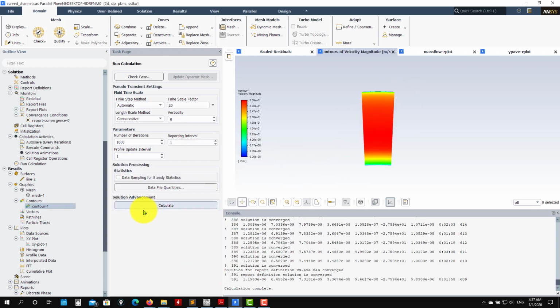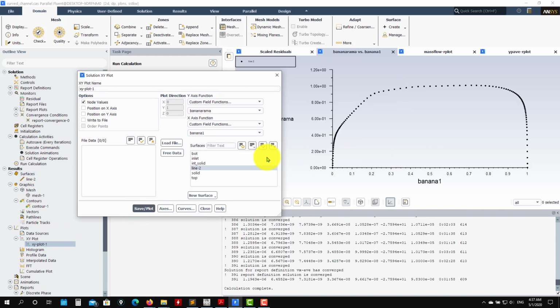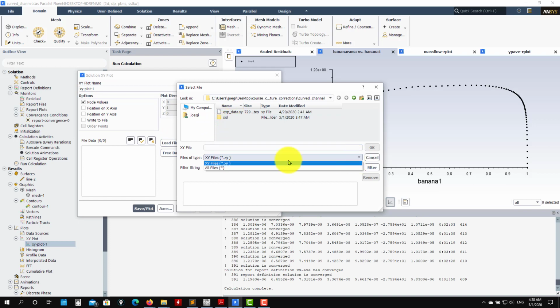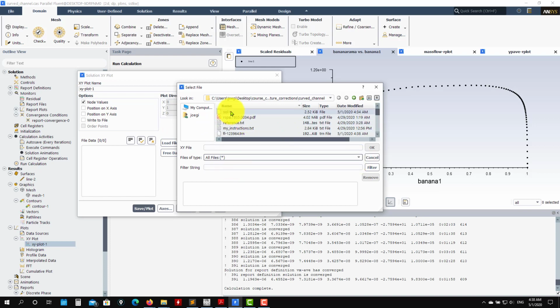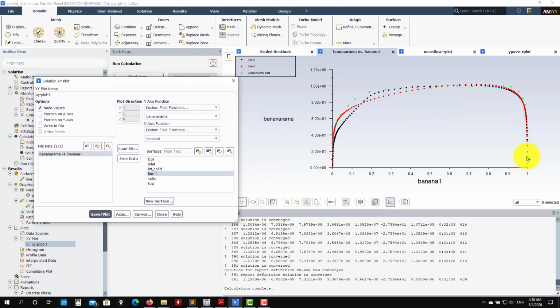Okay, but we want to do the sampling here, those quantities. So if I plot that, we already see that there is a difference here. And probably a better profile if we load our previous solution where we already have the experimental data. So if I plot, see that it's clear, a better solution. So see the influence that this curvature correction has. It gave you a better profile in the core. Then, well, here they have a disagreement, a little bit worse than the previous one, but I'm pretty sure that